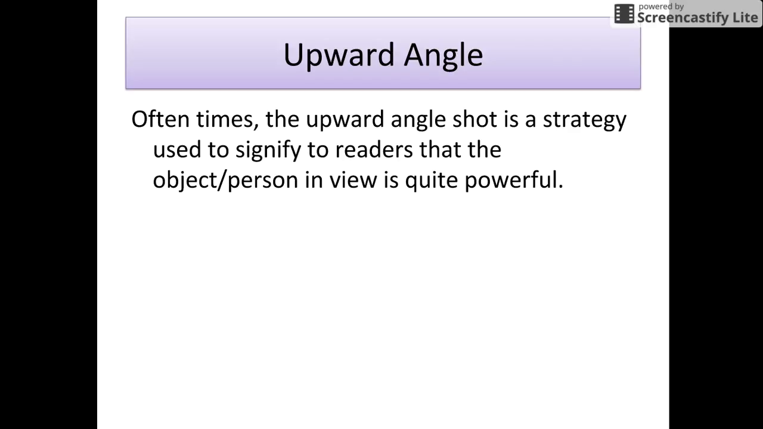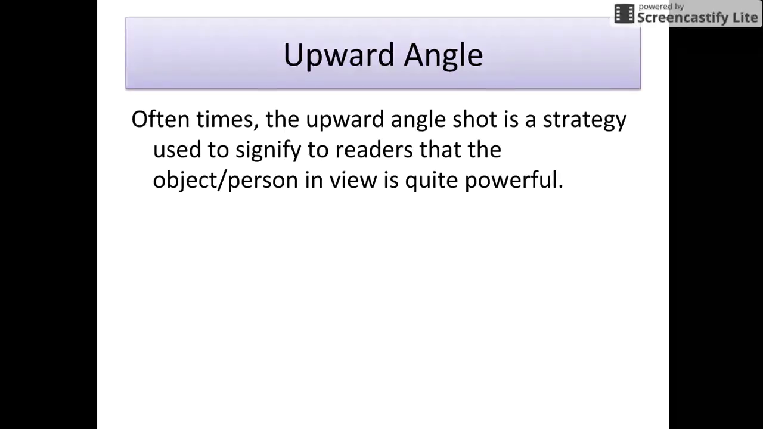Oftentimes, the upward angle shot is a strategy used to signify to the readers that an object or person that's in view is quite powerful. So sometimes it's used logistically, meaning they do it just because they want something to look bigger than it is. For example, if you've ever seen the movie The Hobbit, you know that the hobbits are supposed to be small little creatures. So oftentimes you'll see characters like Elijah Wood being shot with a downward angle shot to purposely make